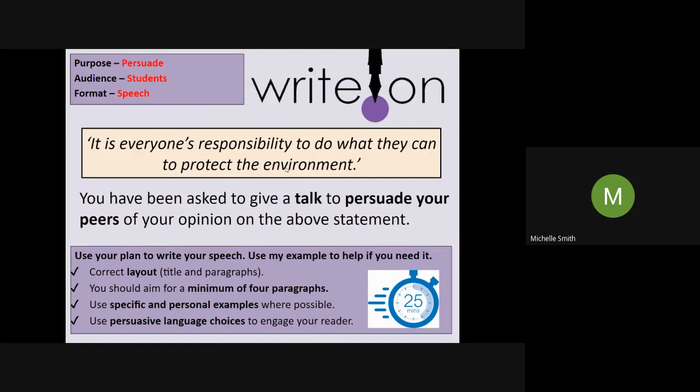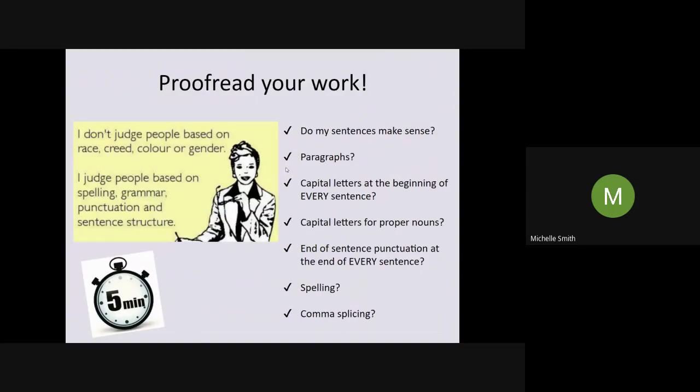Okay, well done everybody. Hopefully we have written our speech. And we've got a minimum of 4 paragraphs. We've included some persuasive devices, specific and personal examples, and now we're ready to do some proofreading before we can turn it in. Remember, proofreading, I know it's a little bit boring, but it's so important because when you write